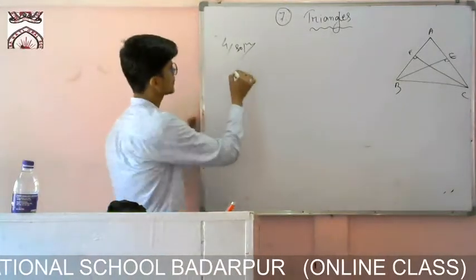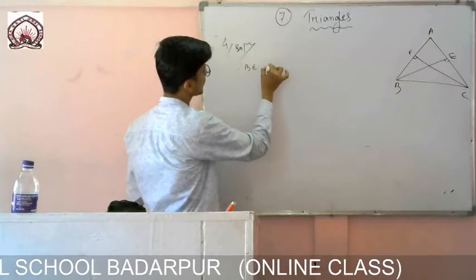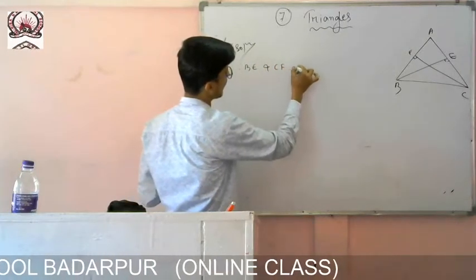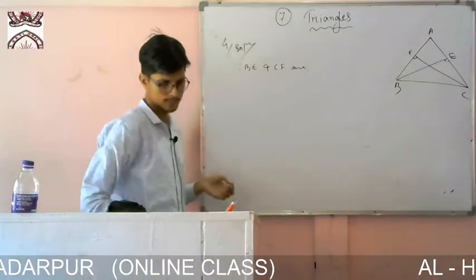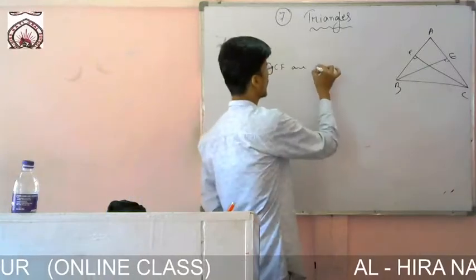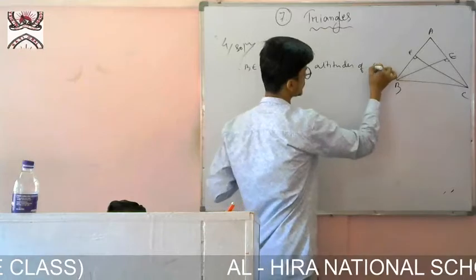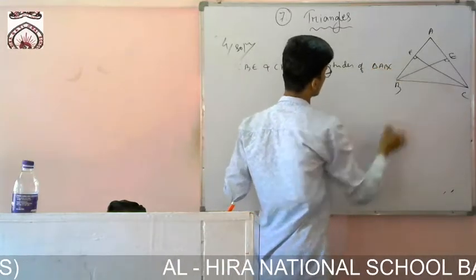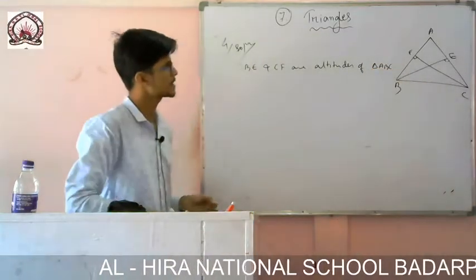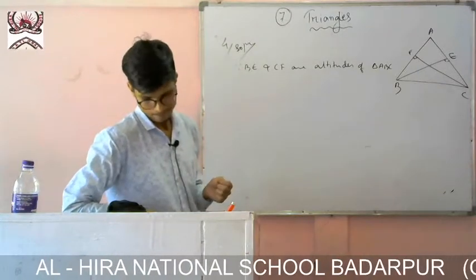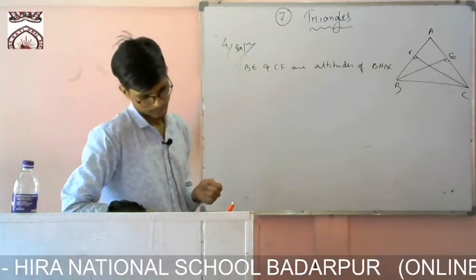Okay, so you write like this. Since BE and CF are altitudes of triangle ABC, so I can write,